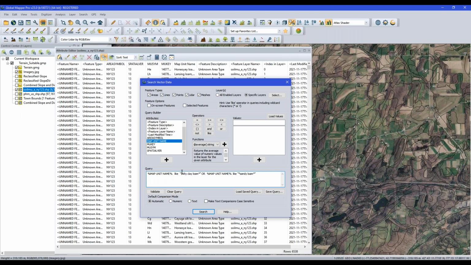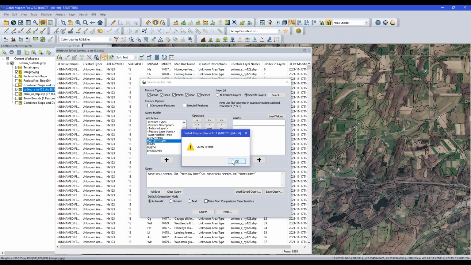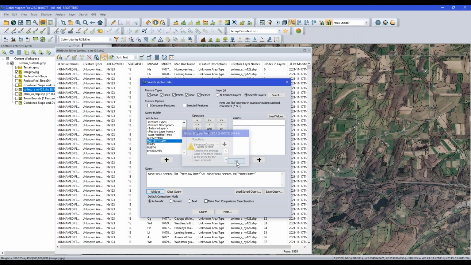Note that there are asterisks on each side because these are wildcards. So it'll identify any attributes with words on either side of silty clay loam or sandy loam. I can validate this query. This is a valid query that will find features, hopefully, in my soil layer. If I click search,